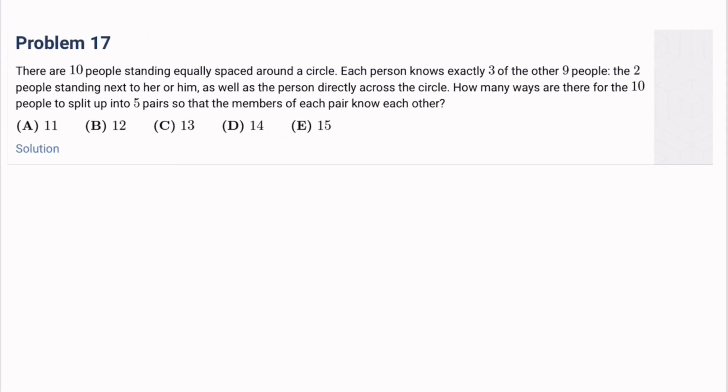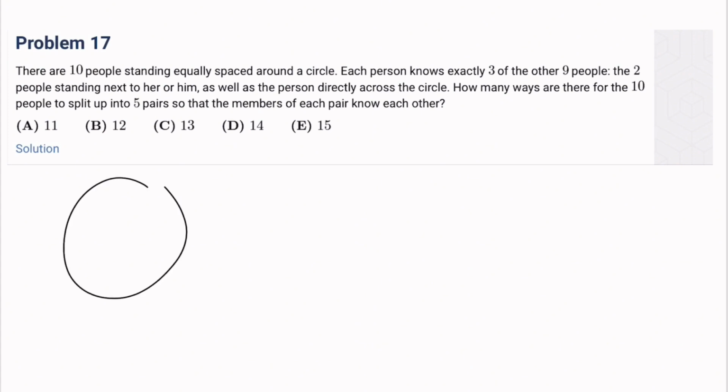Number 17. There are 10 people standing equally spaced around a circle. Each person knows exactly 3 of the other 9 people, the 2 people standing next to him or her, as well as the person directly across the circle. How many ways are there for the 10 people to split up into 5 pairs so that the members of each pair know each other? Okay, so